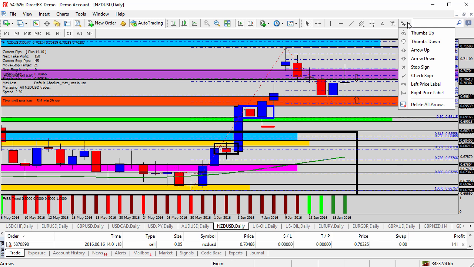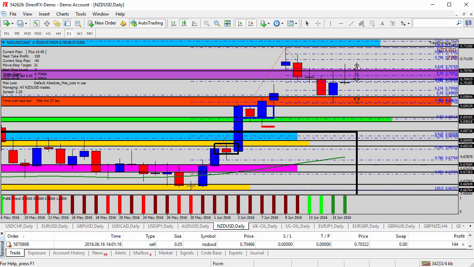The risk, of course, is clear. The risk is that it breaks back above the purple zone and starts moving back higher. So stop losses should likely be at least above today's candle, today's high, 7,100, 7,110, somewhere up into that area should be your stop loss if you're looking to get into this trade. And then, of course, 7,100 would probably be okay. It's targeting back down to 69.80, 69.50. That's the orange shaded area, and anything underneath that last low that you see there at the orange zone, we will look for further profit here on the New Zealand dollar.